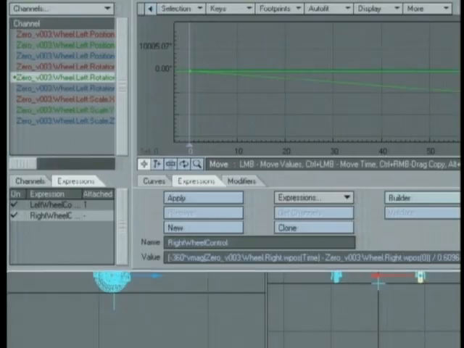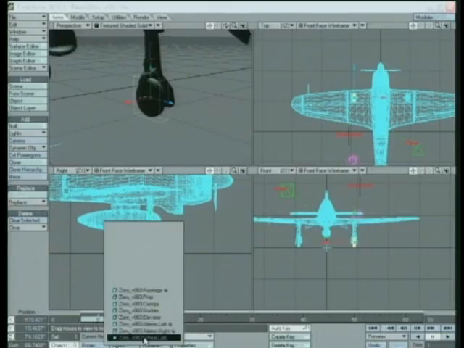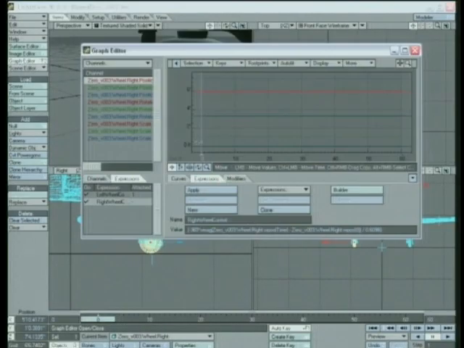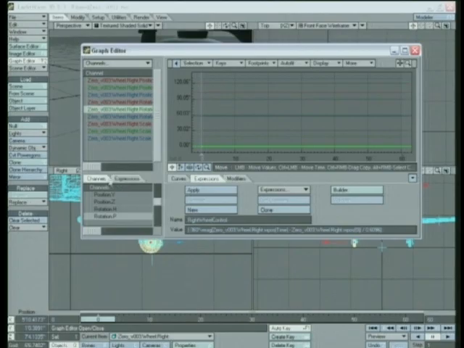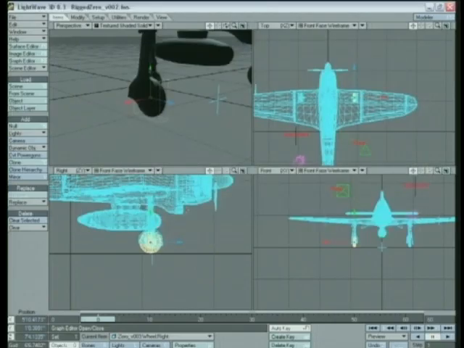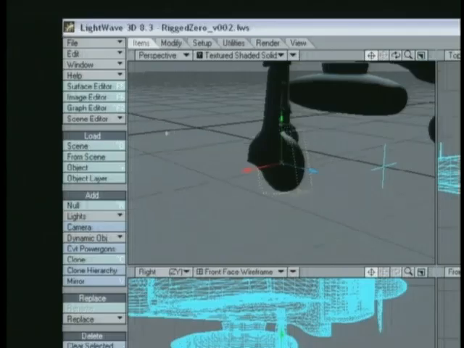There. Close the graph editor, select the other wheel, open the graph editor back up, select your pitch, go over here to your expression tab if you didn't already have it open, expressions, choose right wheel, hit apply, and wouldn't you know it, there's our graph line again. Both wheels moving correctly